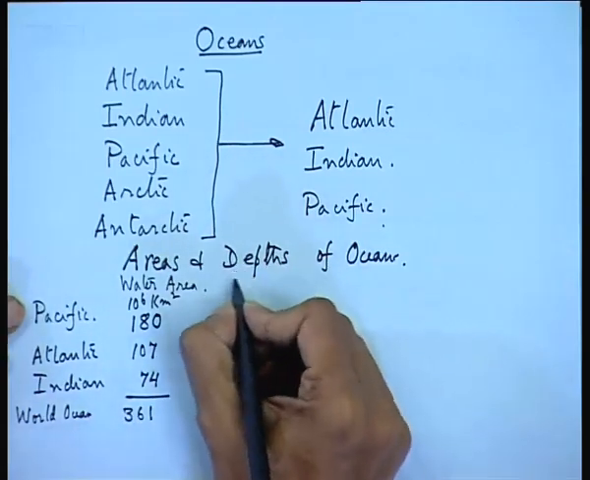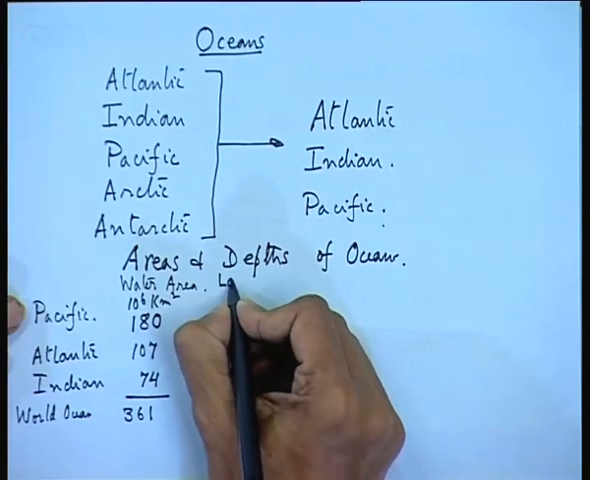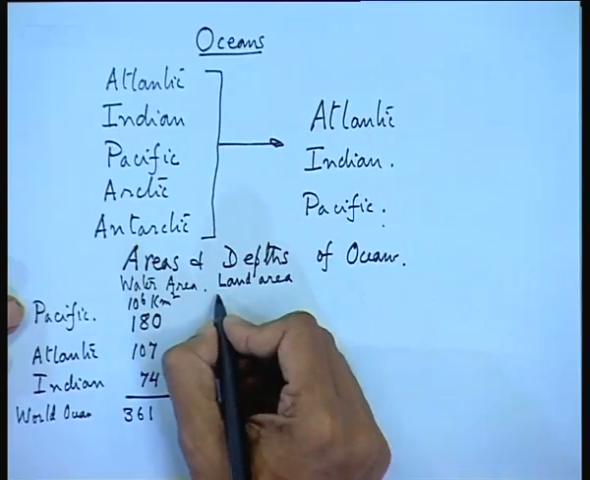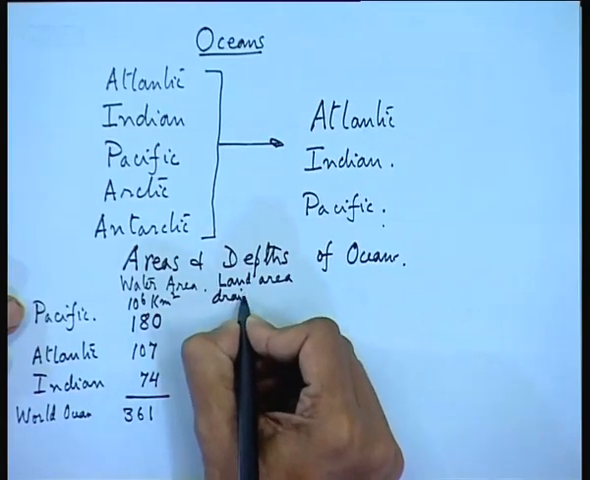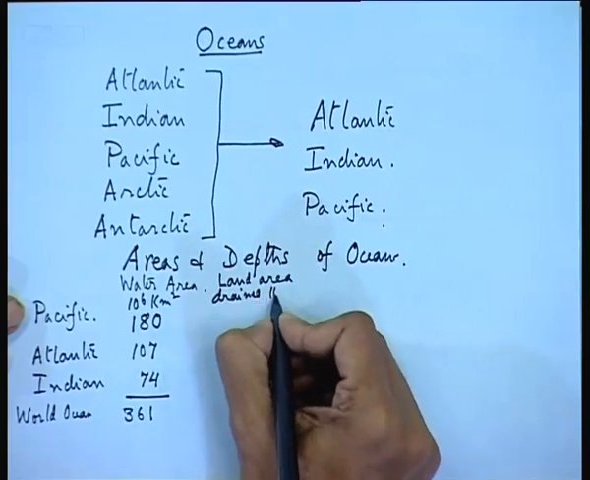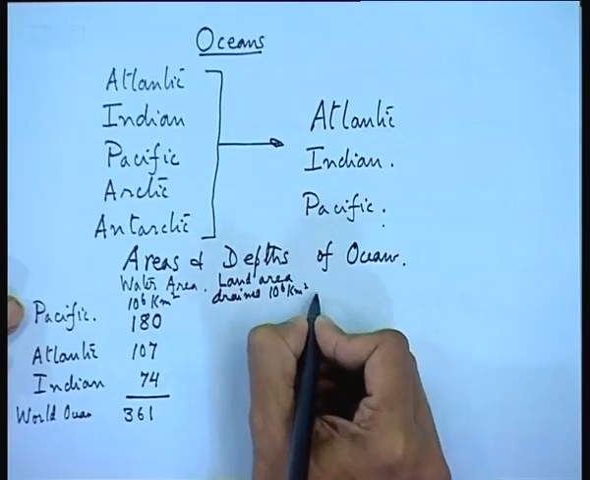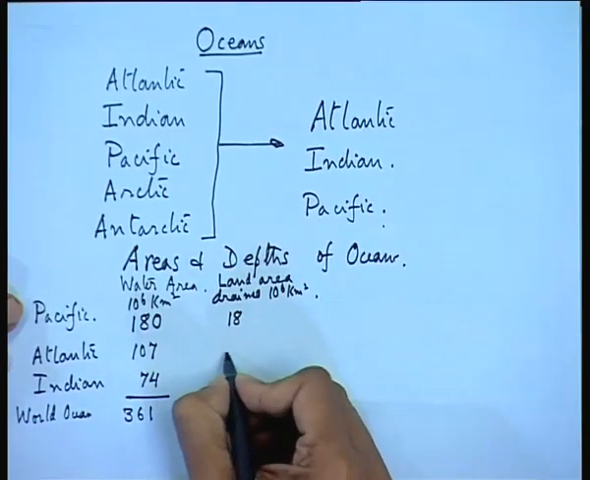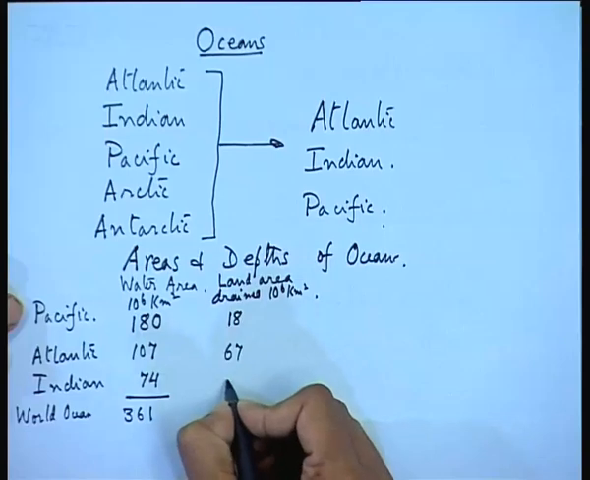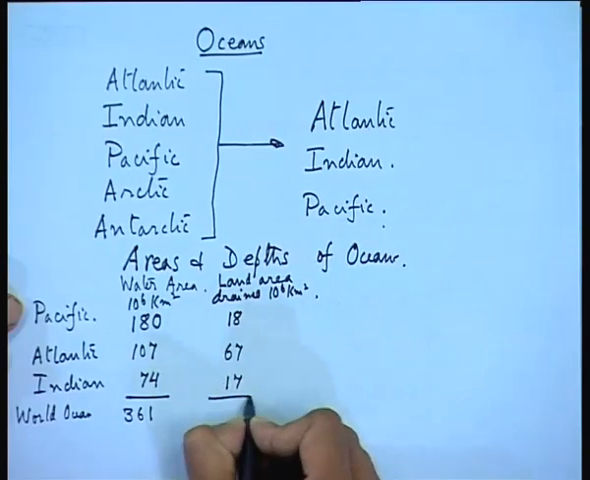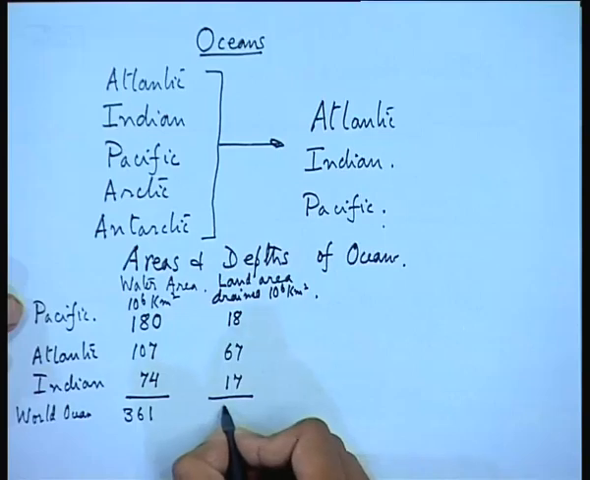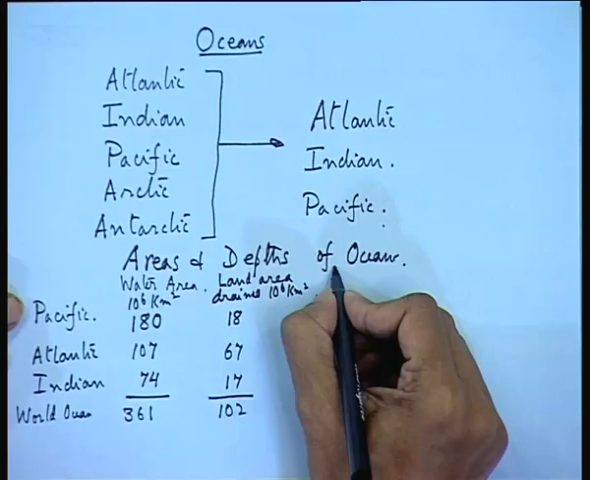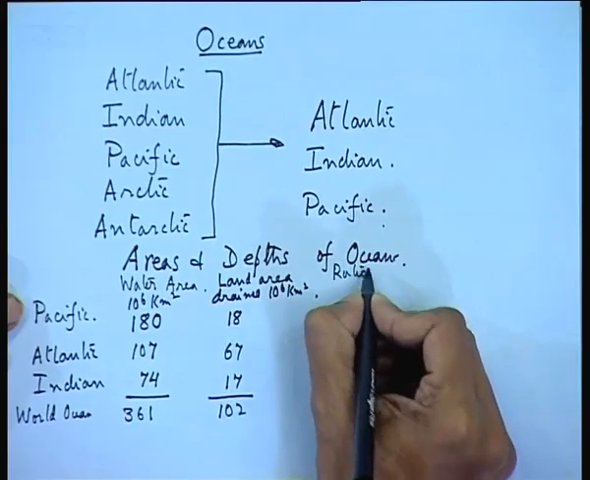Now, the land area, that is the coastal area, the land area drained. This is also in 10 to the power 6 square kilometers. So, the adjacent land area is 18, 67 and 17. So, the land areas affected by these oceans are 18, 67 and 17, and if one takes the ratio of water to land,